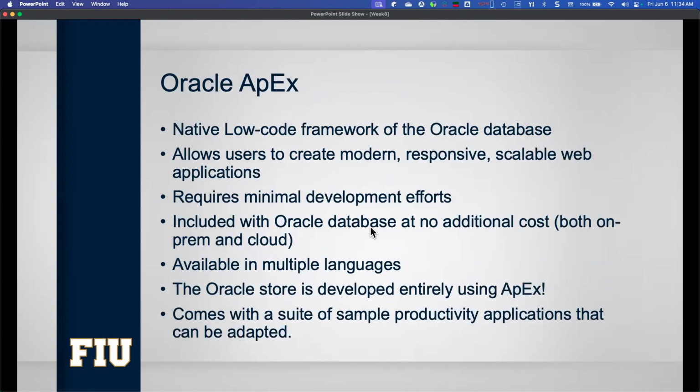So Apex lets you create native low-code applications with Oracle, and the applications turn out to be pretty nice. They're responsive, they're modern, they are scalable, since obviously you have an enterprise-scale database in the backend. There is very little development effort, as you will see in a little bit. And it is actually included with Oracle Database at no additional cost. Whether you are on-prem or cloud, if you are using one of the recent generations of Oracle, Apex is already available. It already supports multiple languages, and there are all kinds of applications, including the Oracle Store, which is